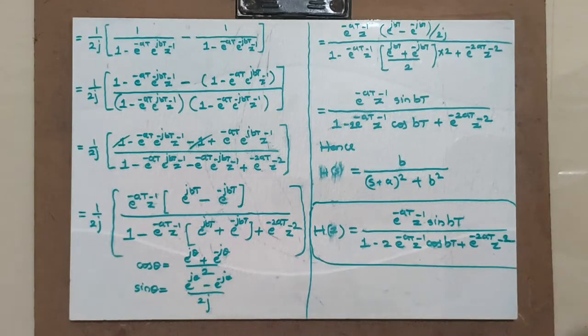I have taken the complex conjugate roots S0 and S1, where S0 is minus a plus jb and S1 is minus a minus jb. From there I have solved the two constants C0 and C1. C0 has come out to be 1 over 2j and C1 has come out to be minus 1 by 2j, which is the complex conjugate of C0, and then I have gone ahead so as to prove this. I have importantly used the Euler identity here. You can do it, you try it on paper.